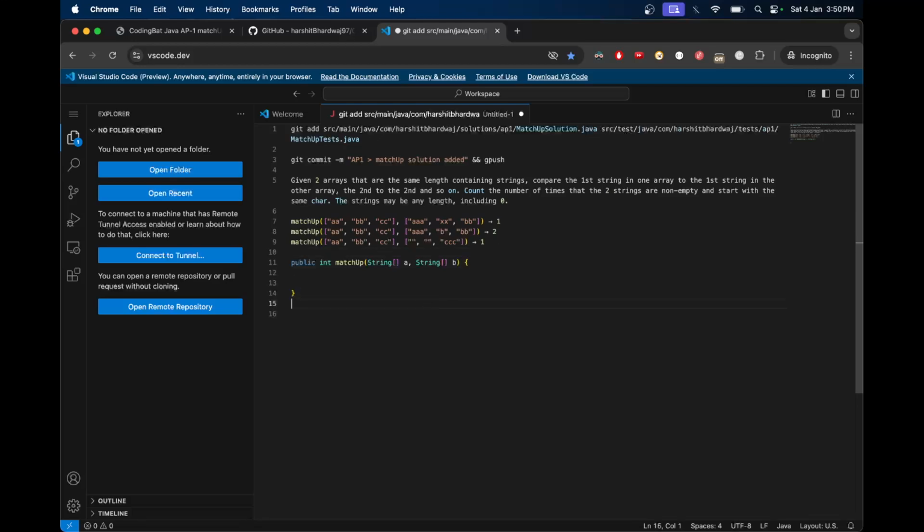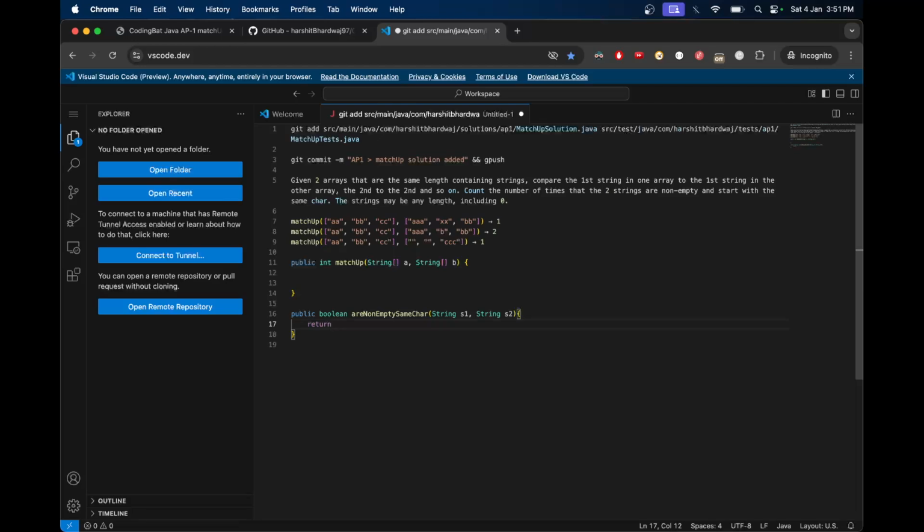First of all, what we can do is we can create a separate helper method to check these conditions, that the two strings are non-empty and they start with same character, which can be done like public boolean, and what shall we name it? Maybe something like non-empty same char, or add r here, r non-empty and same char. Okay, which will be accepting two strings, string s1, string s2. It needs to return true when